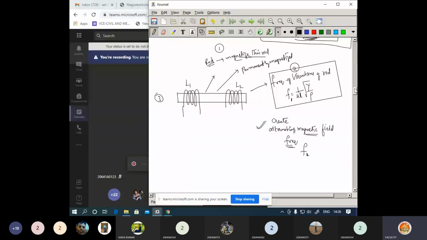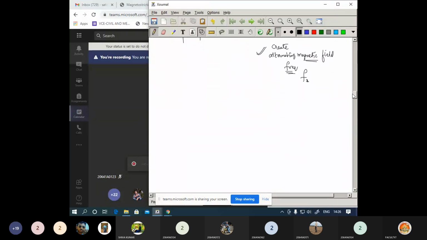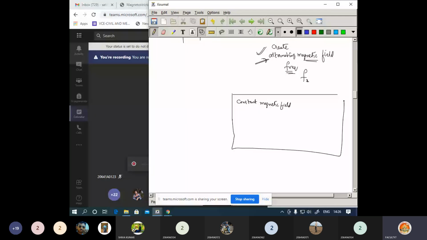Now let us try to understand what is the alternating magnetic field. First let us go with the constant magnetic field. Let us identify what is the meaning of constant magnetic field. Actually we need to get this concept. In your 10th class or in your school, you might have studied if this is an iron nail here, if you wind this with a coil and connect to a battery, now what can you expect? Any answer from your side?